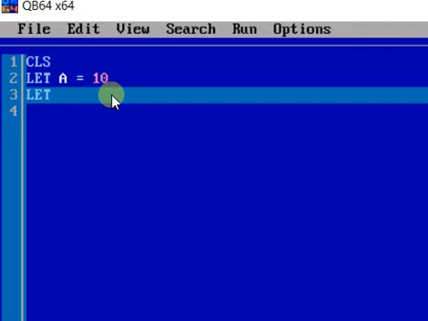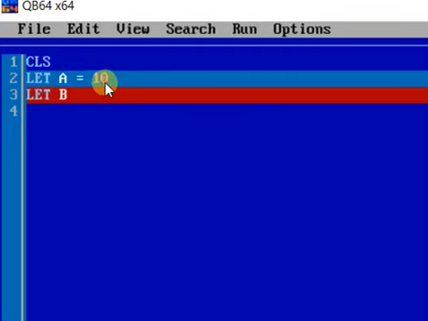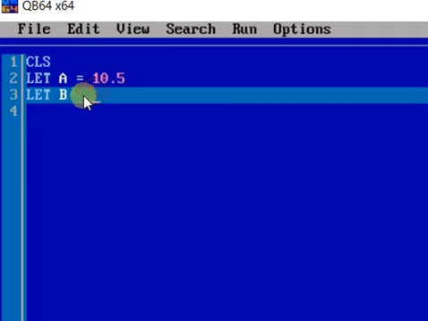Now constants can be of two types: numeric constants and alphanumeric constants. Numeric constants are numbers. Numbers can be integers like 10 or decimals like 10.5. So a is having a constant that is numeric. So a will be a numeric variable.